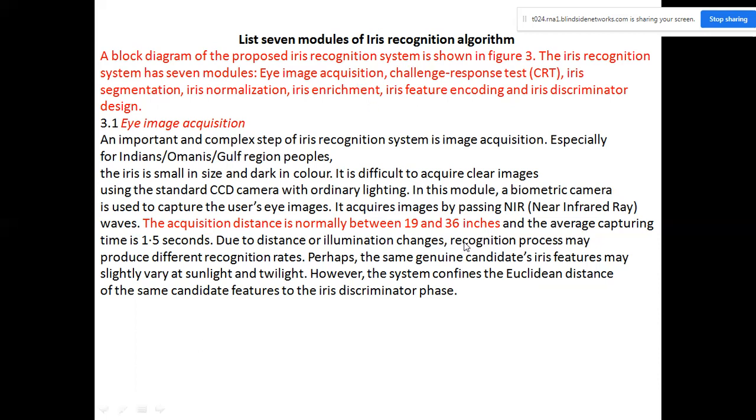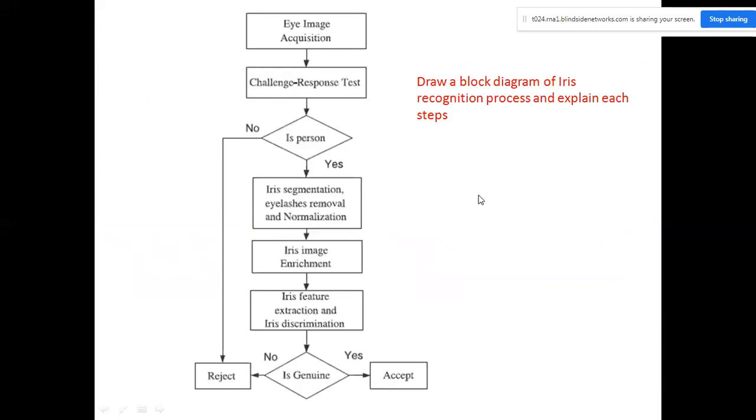Next, you have challenge response test. Before that, what is the important question for the final exam? Draw a block diagram of the iris recognition process and explain each step. First step, eye image acquisition. Challenge response test. In the challenge response test, we need to confirm whether the person is genuine or not. Genuine, yes. Iris segmentation, eyelashes removal and normalization.